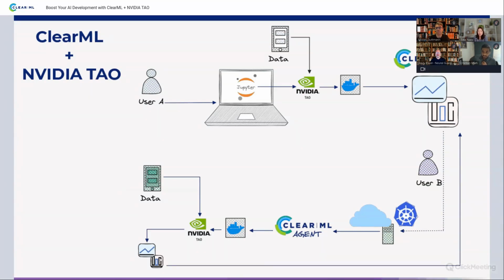But the main goal of this process is to make sure that once everything is executed on your own machine, someone else can take that process, and we'll demonstrate that in a couple of slides, repeat it with maybe different data or different parameters on remote machines directly from the ClearML UI, automating this process.